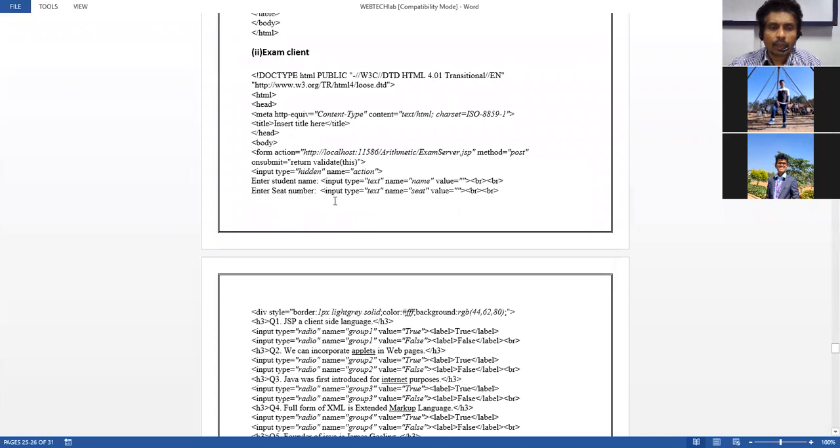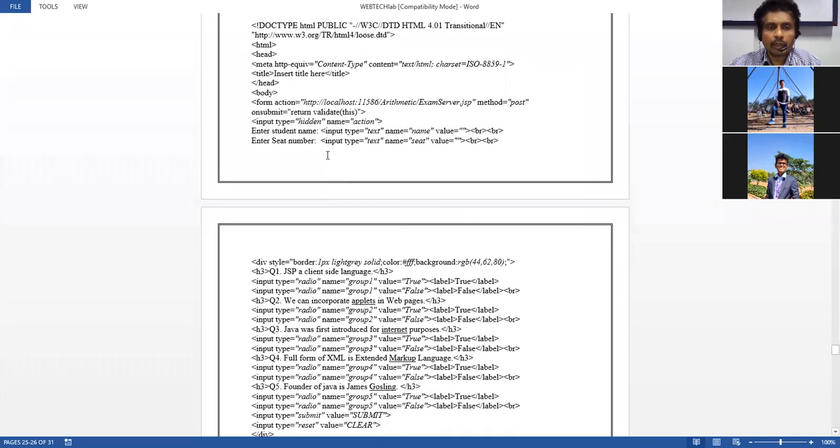So here, in the HTML program, what you are going to do is create a form, and the action has to connect to the server file, and the method is going to be post. And one more thing we are going to do is make sure the field should not be empty. The user is going to be a student, so the student has to give the name and the student register number.